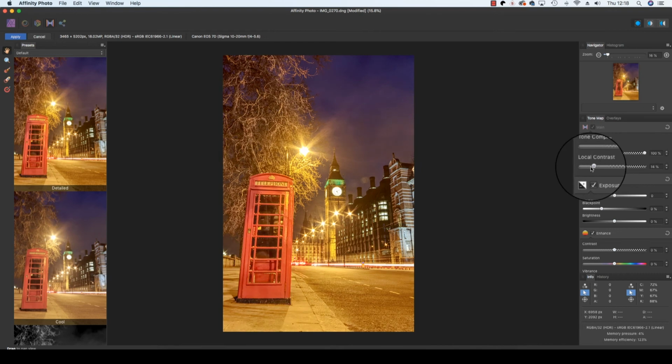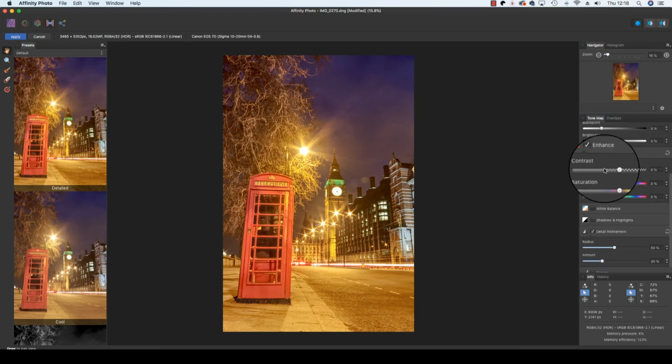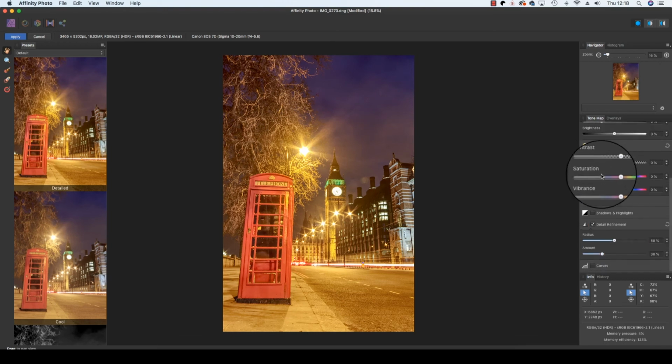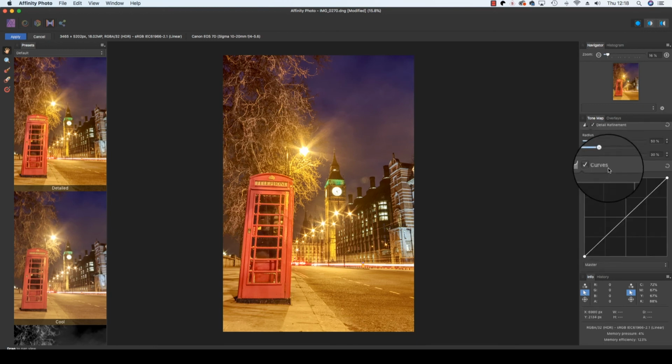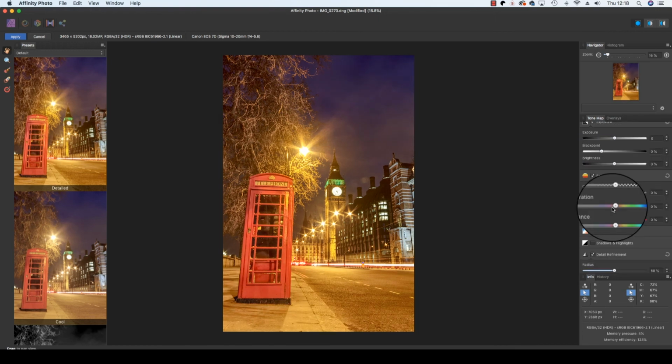and the local contrast. And you can see how that changes the image when you drag the slider left and right. In this persona you can also change the white balance, shadows and highlights, and detail refinement, and there's also a curves option should you want to make some more precise adjustments. It's at this point that I'm also going to adjust my saturation and vibrance by dragging the sliders to the